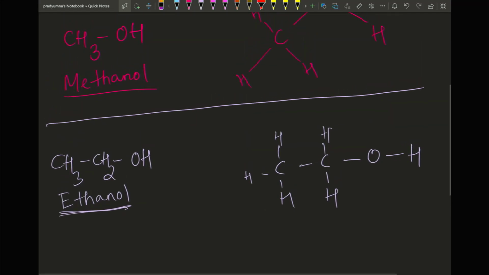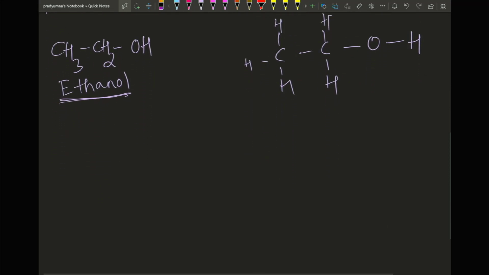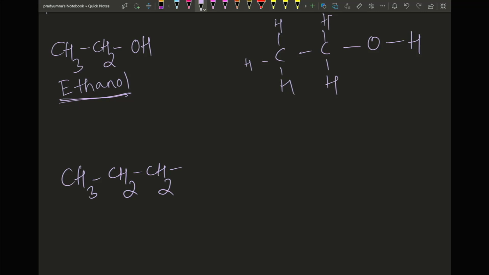Just by looking at these, can you figure out how we are naming this? The naming system is pretty simple. First, let's draw a random molecule here: CH3, CH2, CH2, OH. OH will always get the higher priority. So far you have seen the double bond getting higher priority. Now OH will get higher priority even than the double bond. So rule number one, find the longest chain